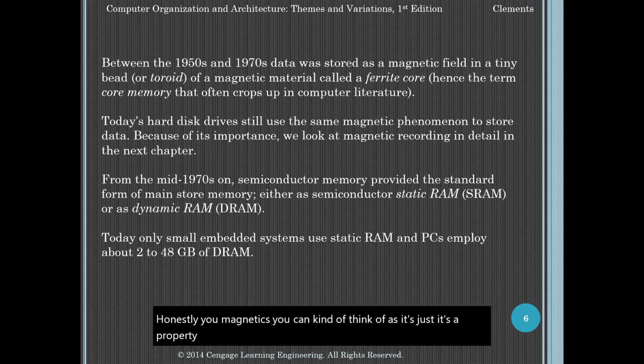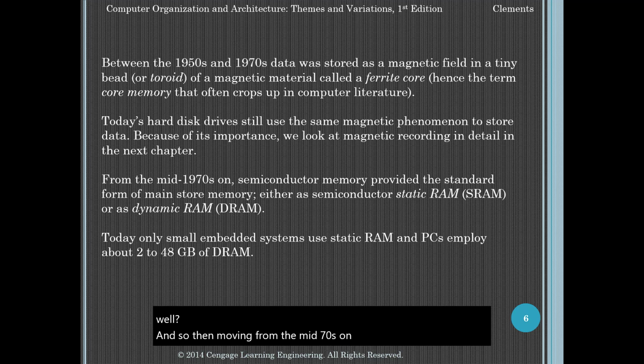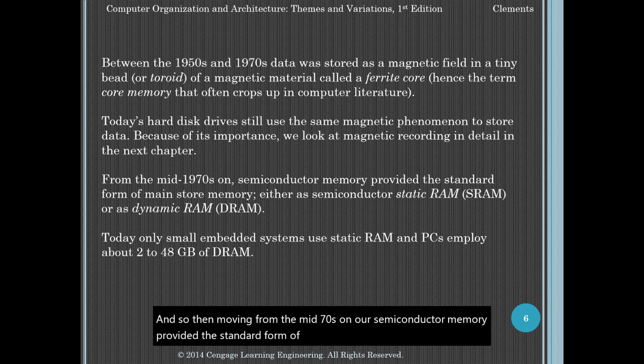And so we're not doing anything special to make that happen. Because of its importance, this magnetic recording and everything really comes out in greater detail if you start to look at how we make optical drives and things like that as well. And then, moving from the mid-70s on, semiconductor memory provided the standard form of main memory,